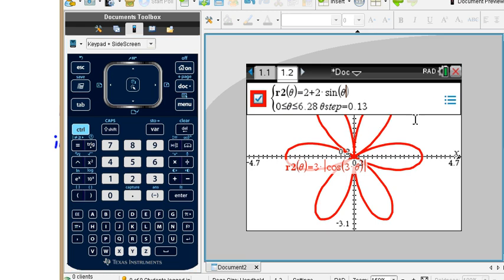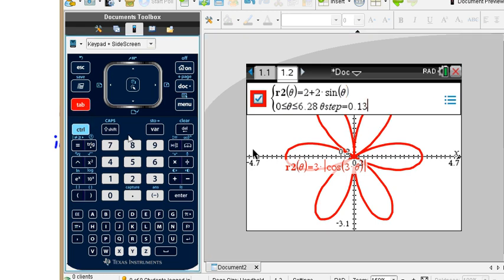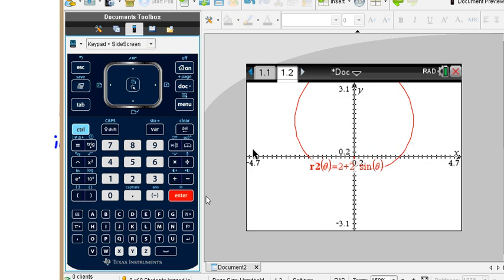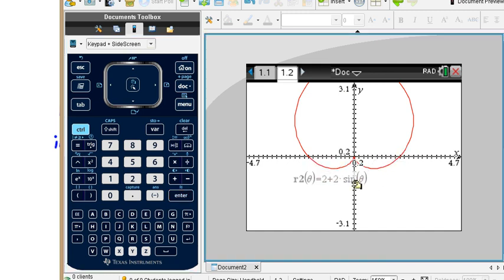There it is, and I think everything's right, and we're just going to enter. This one here doesn't look much like the other ones. Yeah, it's a cardioid, but it's a sort of upside down heart shape,